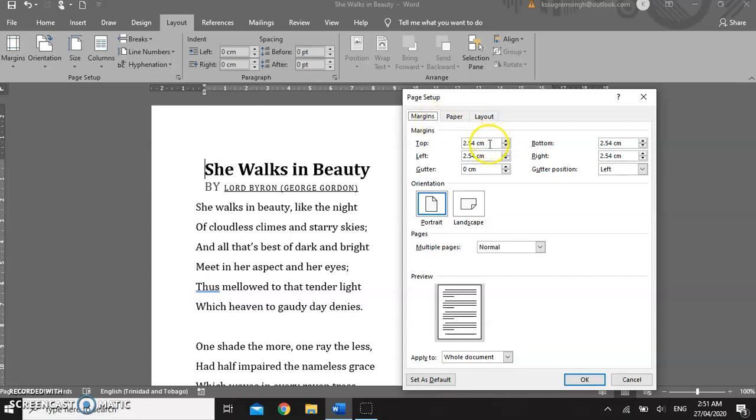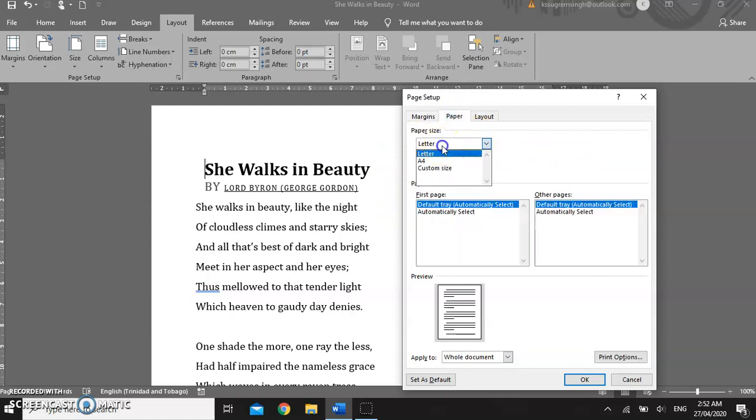So let's look at this. Our margins are currently set to 2.54 centimeters all the way around. If you want to measure that in inches, it's basically 1 inch all the way around. Now it's important to note that the bigger the margin, the less space you have for your text. So let's make your left and right margins bigger. I'm going to make your left margin 3 centimeters and your right margin 3 centimeters. I'm going to make sure my paper is letter size,